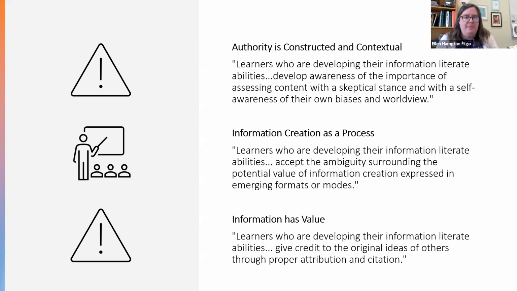And one more thing about the frame Information Has Value. We didn't mention this in the article, but it's interesting to know that the main description of Information Has Value states that legal and socioeconomic interests influence information production and dissemination. And I think as we've seen large amounts of capital flowing into AI tools and products and into their creation,